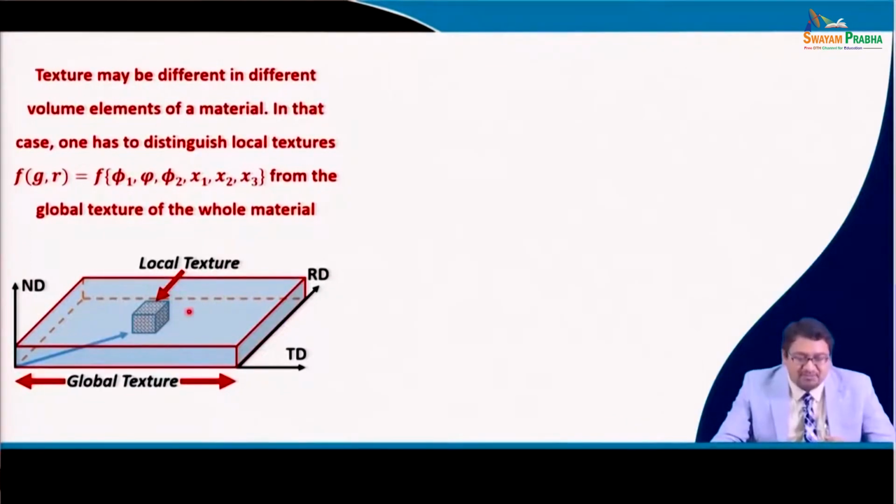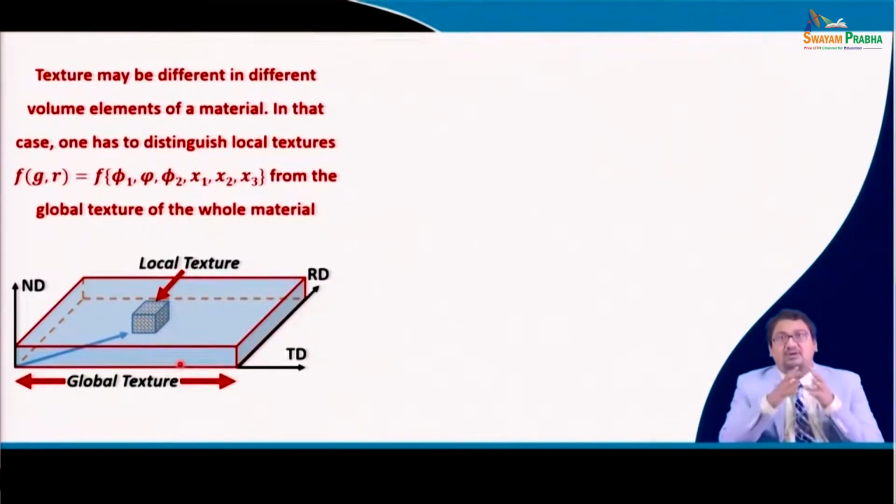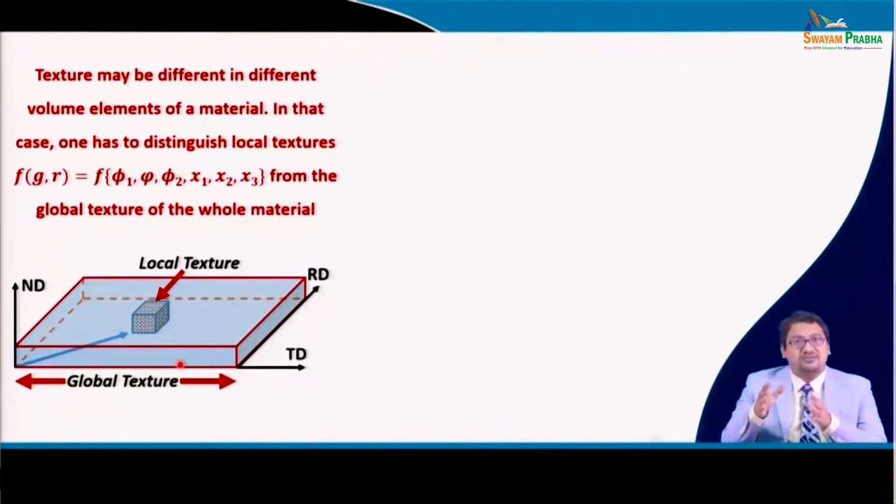But the texture obtained from this volume of the material is basically known as the local texture, whereas the information from the whole material or a large sample area of the material is known as the global texture. So, you see that what I mean to say here is that both local texture and global texture information is important, but local texture includes the information of the orientation location space in 6 dimension,